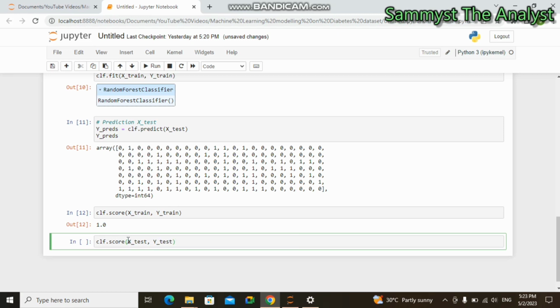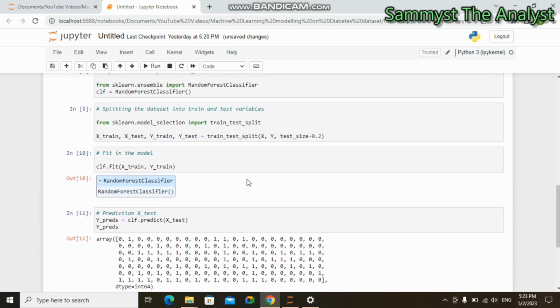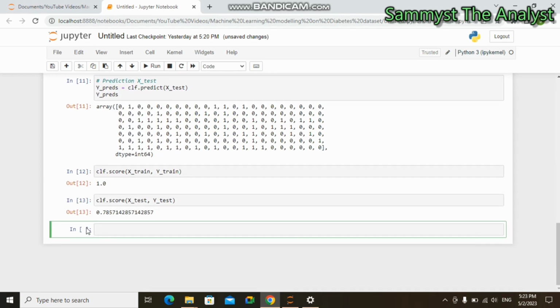Okay, here we go. Oh, okay, so we can see here that it is 78%. So the accuracy is 78%. That means that the model was able to predict if a patient has diabetes. It is 78% accurate. So that is how we can predict